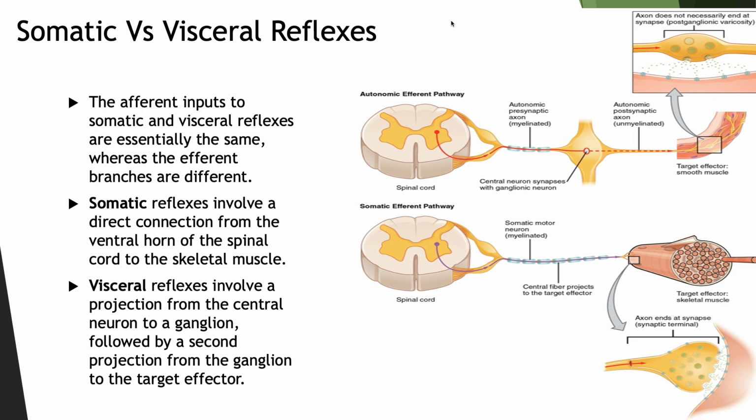So 1, a receptor cell will detect the stimulus. 2, the receptor relays the stimulus to a sensory neuron in the afferent branch. 3, the sensory neuron will relay this information to the interneurons, or the association neurons, located within the CNS, so the brain and the spinal cord, for integration. 4, the interneurons stimulate a motor neuron, which in turn carries signals from the CNS, or the efferent branch. And then 5, the motor neuron innervates an effector cell of the body to generate the appropriate response to the